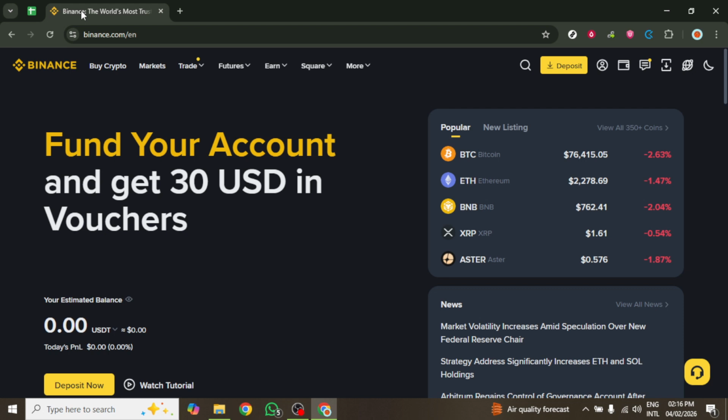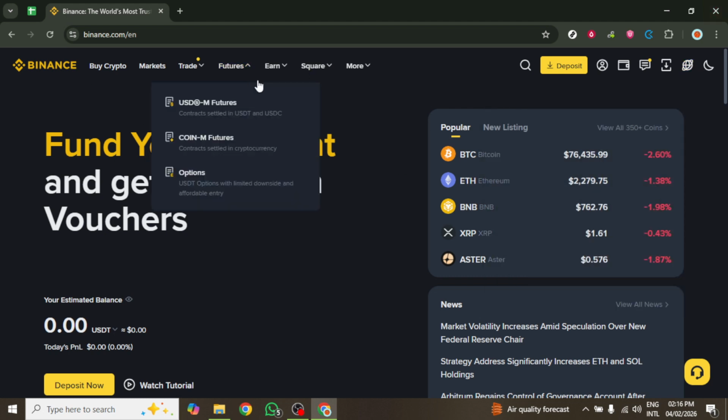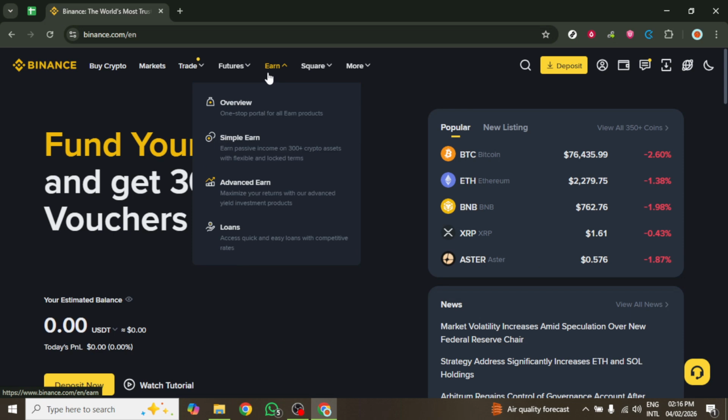Begin by navigating to the Binance website. Once there, look for the option to log into your account. After entering your credentials and successfully logging in, find the Earn or Savings section on the main dashboard. This area is dedicated to various earning options, including Binance Savings, which is designed to help you generate passive income